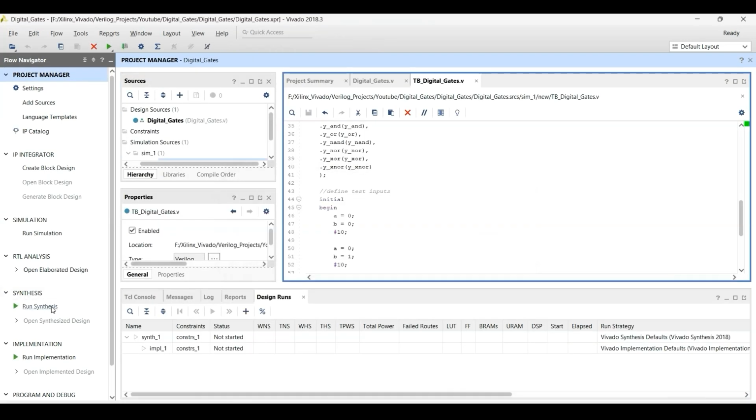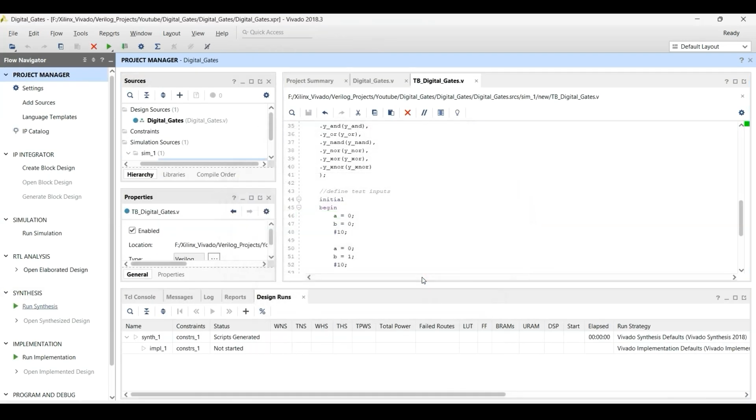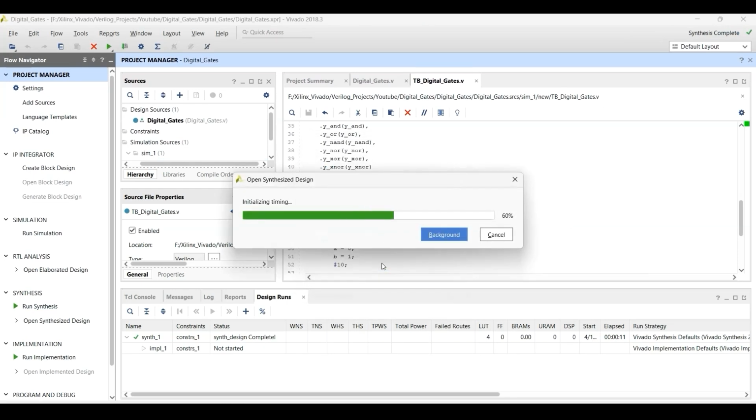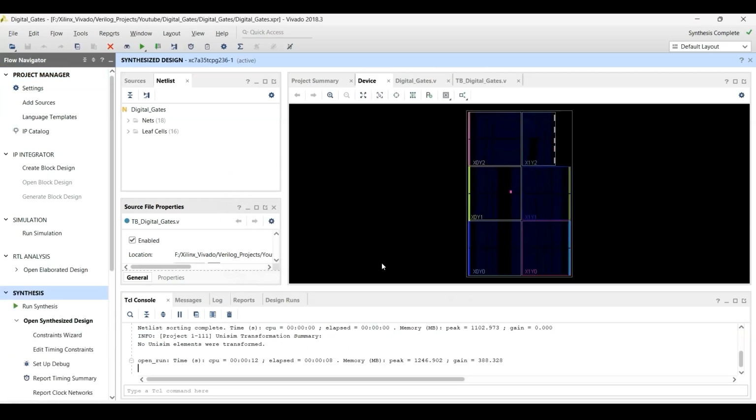You could also run the synthesis and see whether the FPGA can synthesize your code or not. And here you can see the result of your code, if interested.